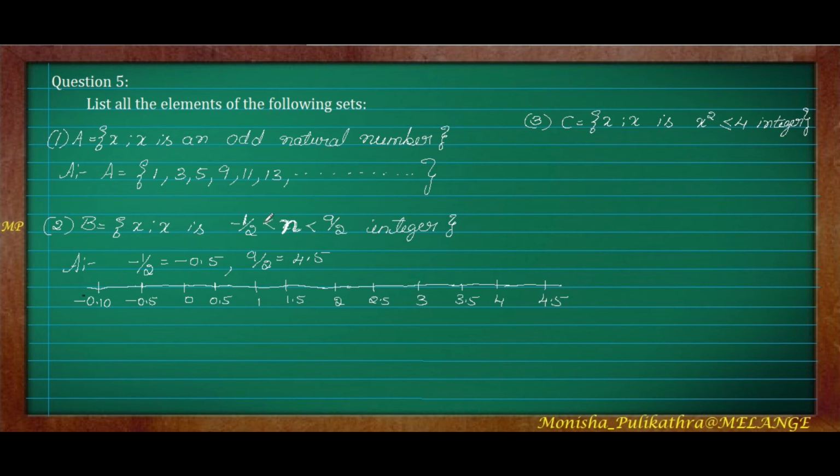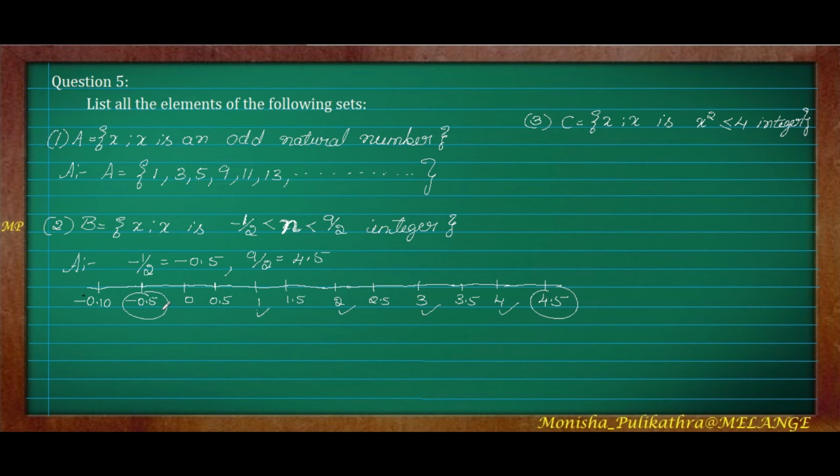So now in the natural numbers, we have to write only natural numbers, whereas the least number is minus 0.5 and the highest number is 4.5. So between minus 0.5 and 4.5, what are the natural numbers which occur? Natural numbers, not whole numbers. If they have given x, we can take it without a decimal point. If they have given n, we have to take only natural numbers. I will write it for both. If in the question they have given x, we have to take 0. x can be a whole number. If they have taken n, we have to write only natural numbers. So here I am considering it as n.